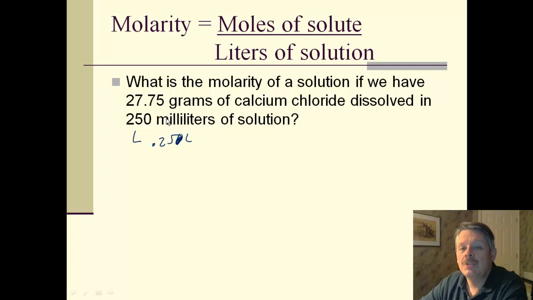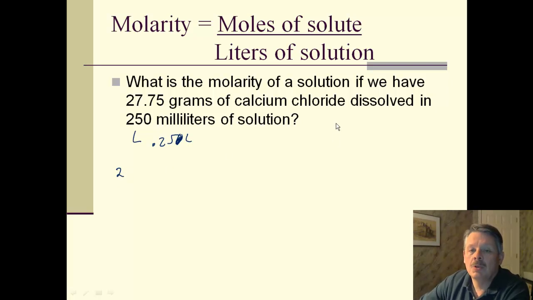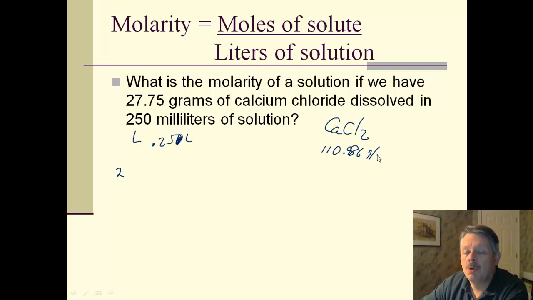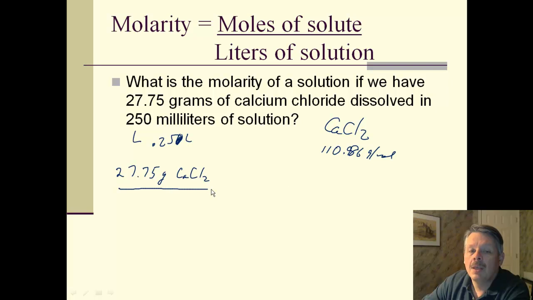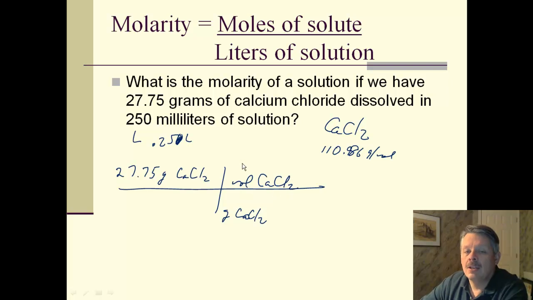and 27.75 grams of calcium chloride. Well, calcium chloride is CaCl2. And I have to figure out that calcium chloride is 110.986 grams per mole. You should be able to do that. So I have 27.75 grams of calcium chloride, and I had to convert from grams of calcium chloride to moles of calcium chloride. And that is going to be 1 mole of calcium chloride is 110.986 grams. So I do the math, and that gives me, let's see,